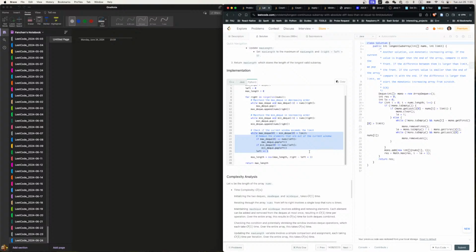Out of the current window. If the max deque, which is the max, is equal to it, we pop. Otherwise, we move the left forward. Okay, we move the left forward, which means if both are not equal, we'll move the left forward until we find where this is equal to one of them. Right, if it's equal to one of them,